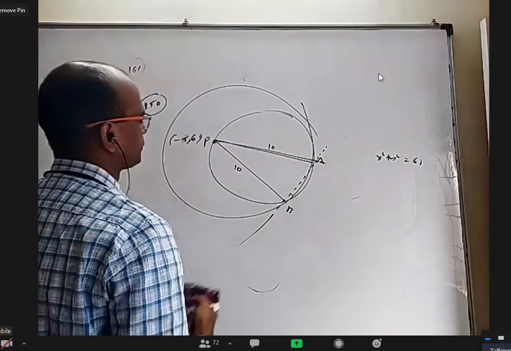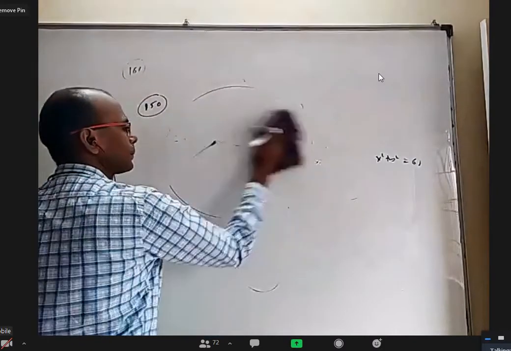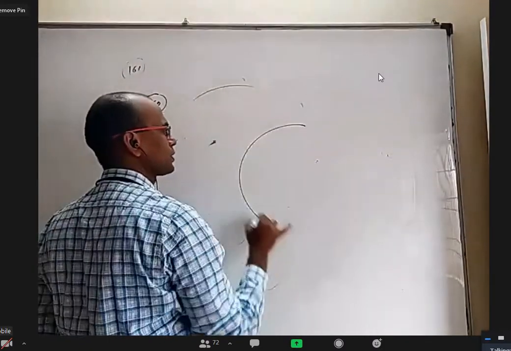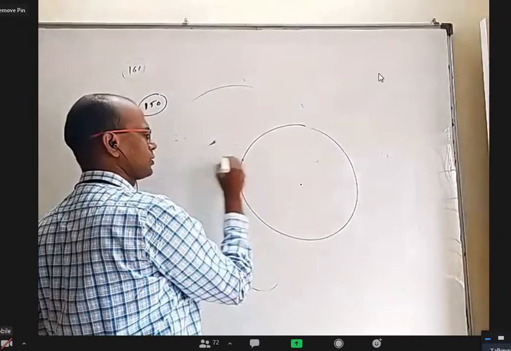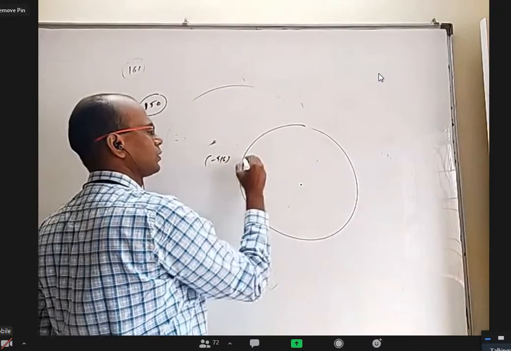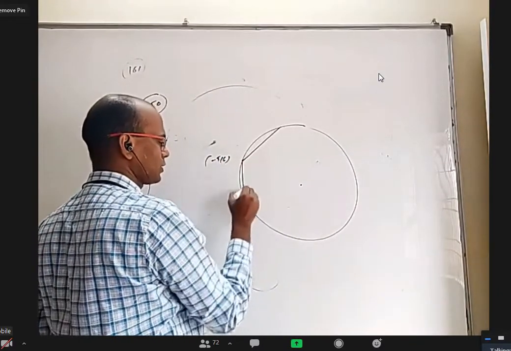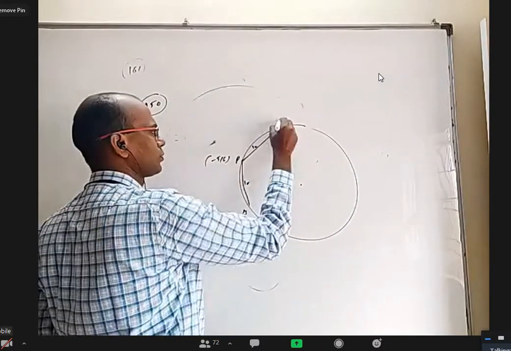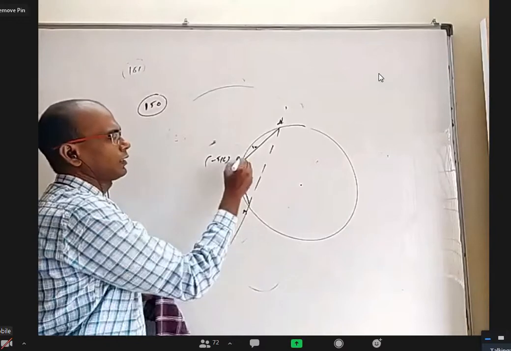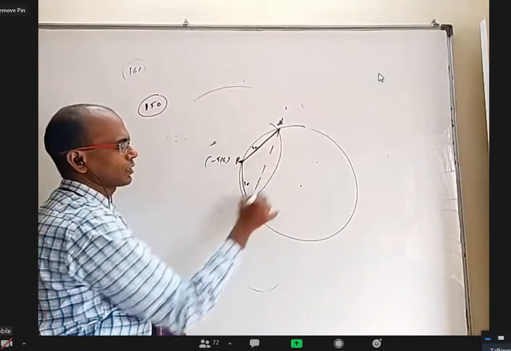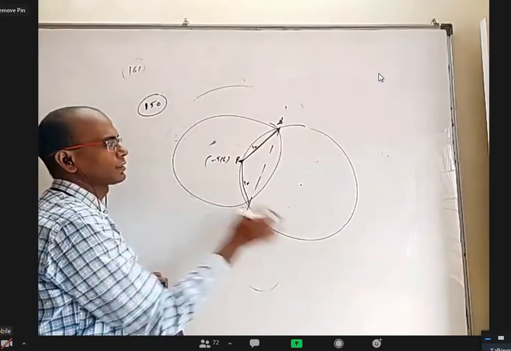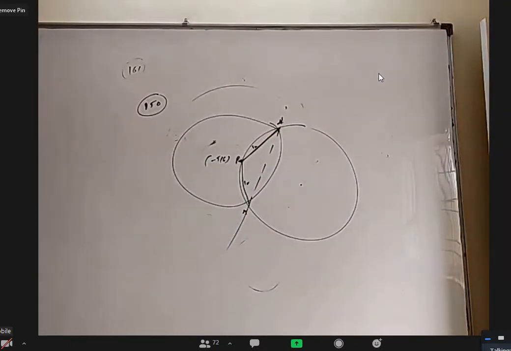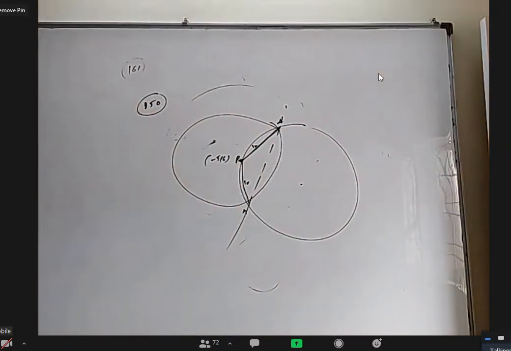They gave a circle. One point on the circle is minus 5 comma 6. Let us say this is 10 units, this is 10 units. They want this line. Take this as the center, this 10 as the radius, you'll get one circle. You can find that circle. Subtract these 2, you'll get this. That's all done. Is it okay for 150?